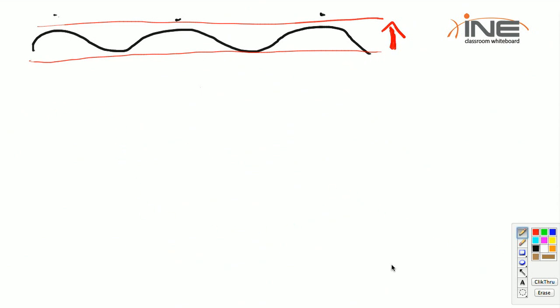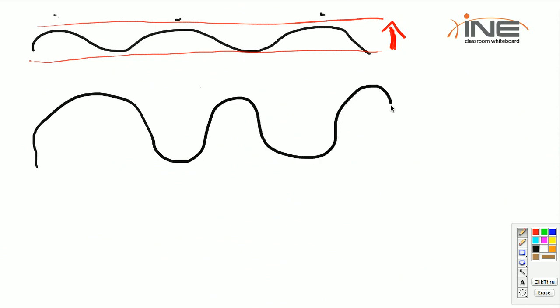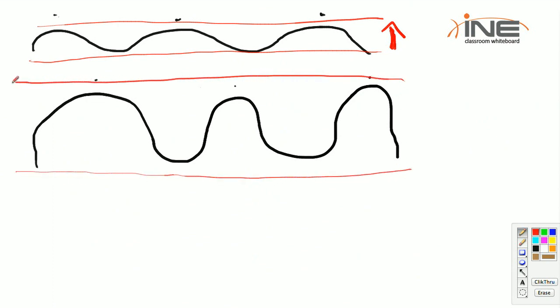So if I were to create this same 3 hertz, but I made it like this, I've still got peak 1, 2, and 3. They're roughly about the same distance apart from each other, roughly the same wavelength. Again, they would be exactly in an ideal world. But my amplitude is obviously much higher. I have a much greater vertical distance. I have put more power behind the transmission of this wave,